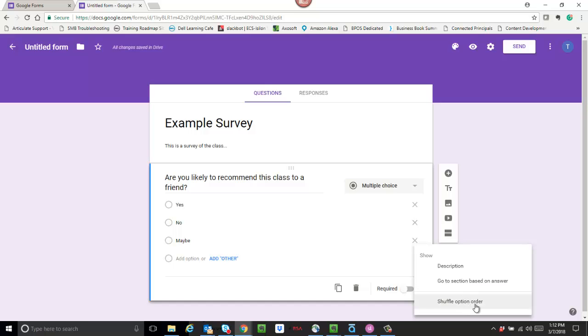You also have a shuffle option order. So if you want to shuffle how the responses are provided here, you can do that as well. If you don't want this question, you can just delete it by selecting the little garbage can icon at the bottom. You can delete it, or if you want to duplicate it so that you don't have to re-enter the